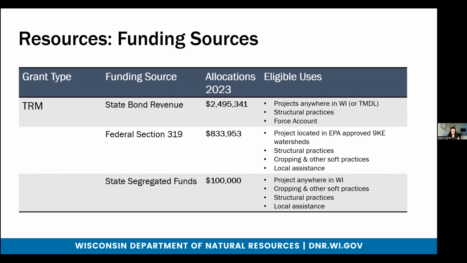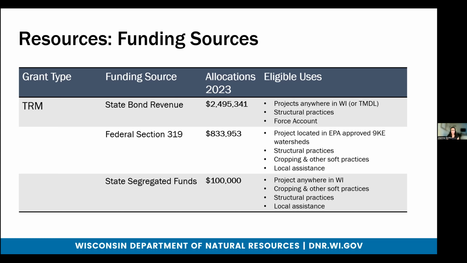Bond revenue can be used anywhere in the state, but only used for construction of structural practices or force account, or activities directly related to the construction of structural practices. It can also reimburse nutrient management plans, but only when it's part of a project that includes construction of manure storage or barnyard. So last year, or this year, we were able to allocate almost 2.5 million in state bond